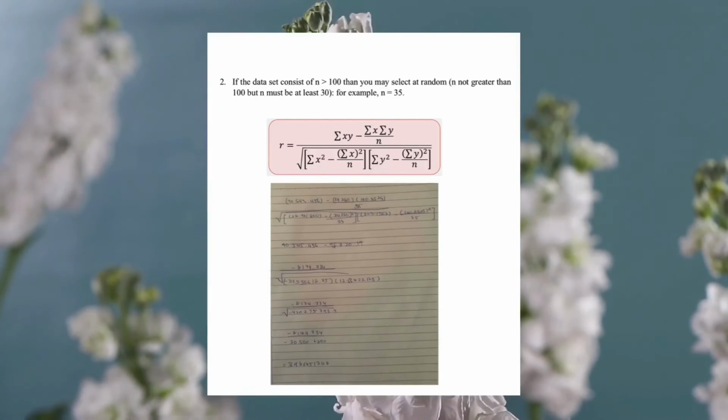For the second question, I only use 35 examples. So here is the formula that I'm using for calculating. Can you see here? I got the final answer, which is 3.98